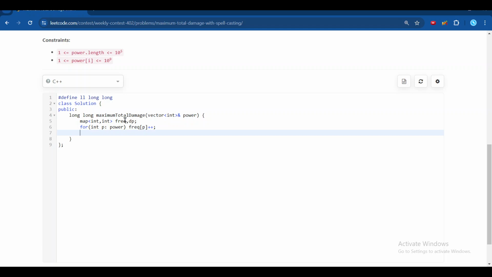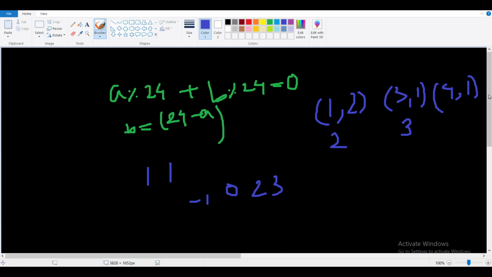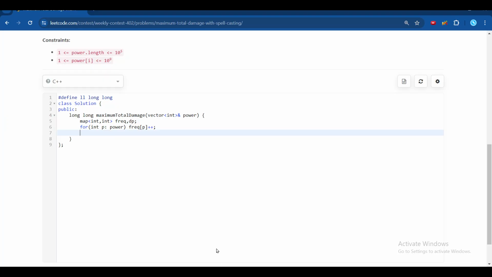We have to take something minus 2 if 4 minus 2 is present in the array, or something less than 4 minus 2 is present in the array, so we have to take some kind of lower bound. For that we will also need one set, so let's call that powers. Now we'll iterate over